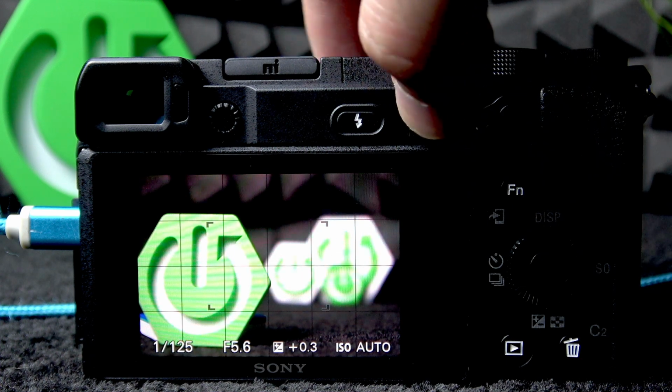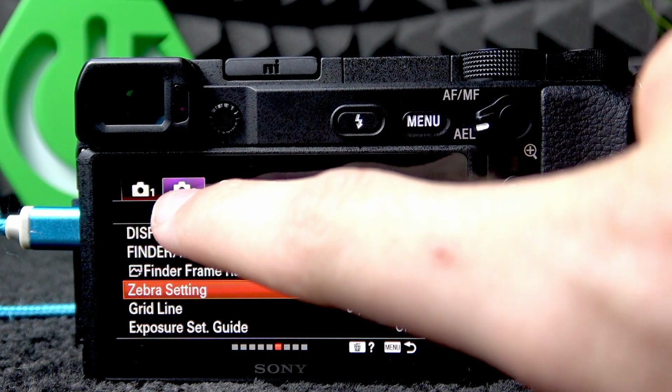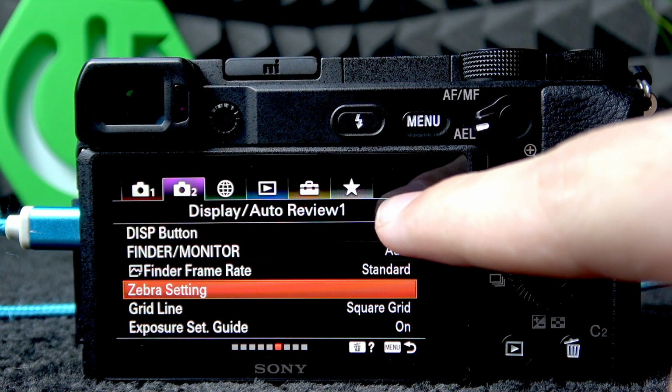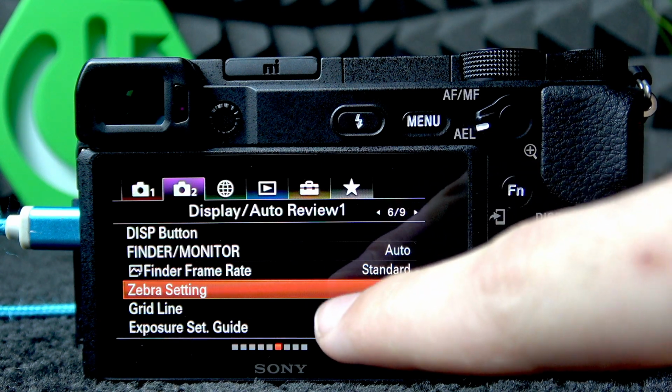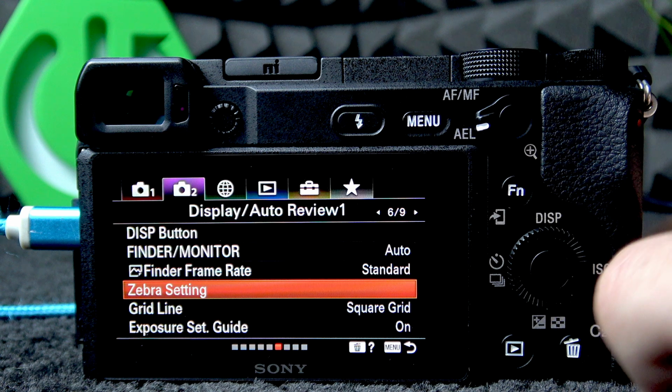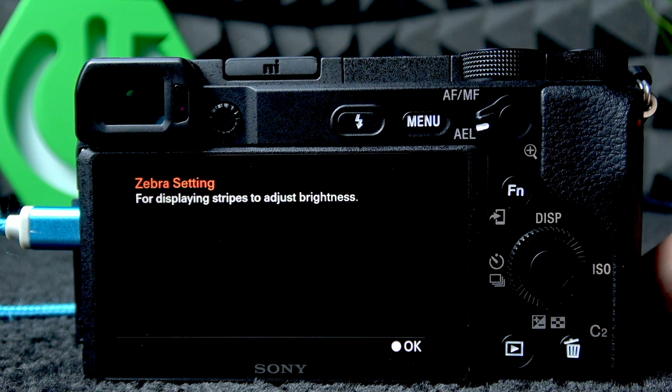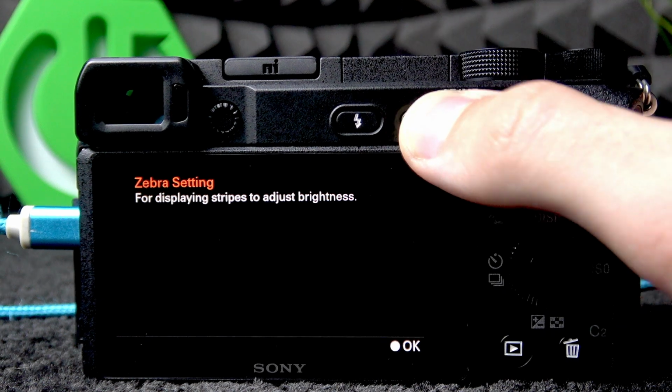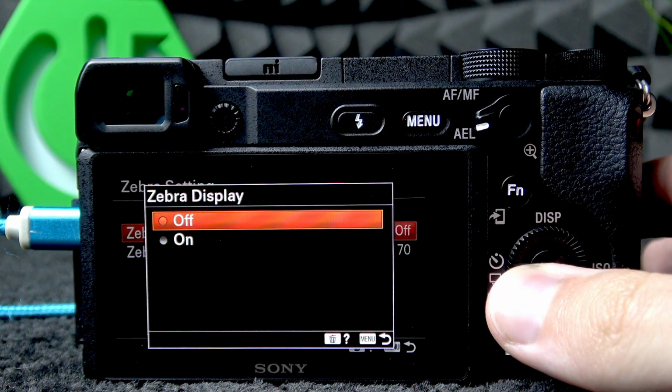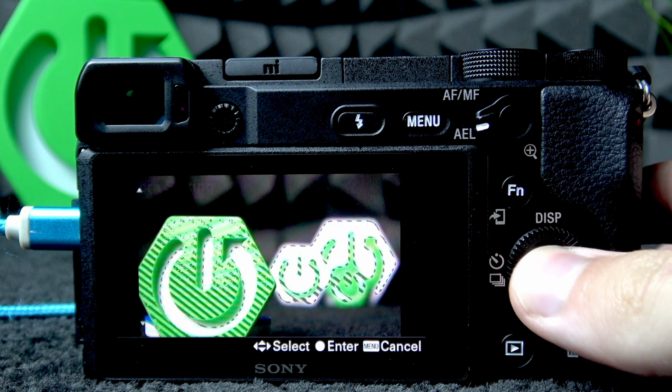First go to the menu, and now you want to go to the second page of the menu and specifically the sixth page. As you can see here we have the zebra setting. If we click the trash icon we will see more info, and it is for displaying stripes to adjust brightness. So now we can go into zebra setting, we can enable this, and now we can also customize its